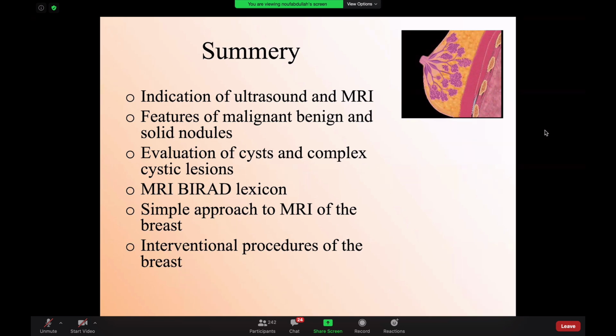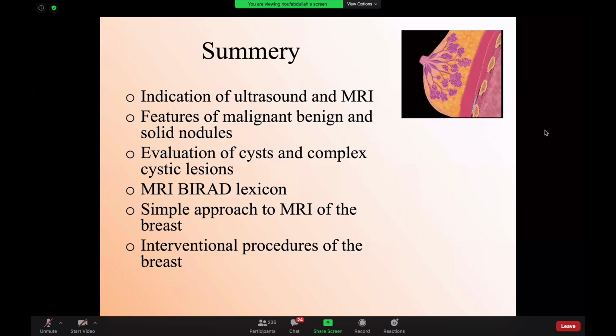And based on that, you will look only for the enhancement on the early phase. But in cases of diagnostic, we have to do the 6 or 7 or 8 minutes protocol, which will give you an idea about the wash-in and what happens later on. So what I would advise, for exam purpose, you should know the kinetic curve analysis of the lesion.